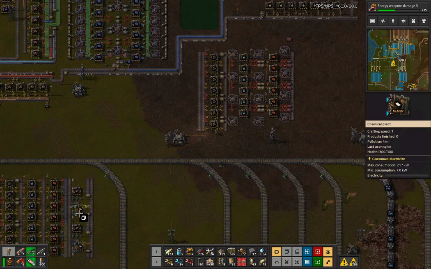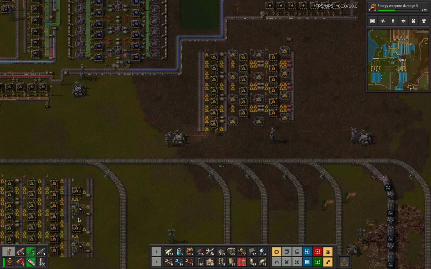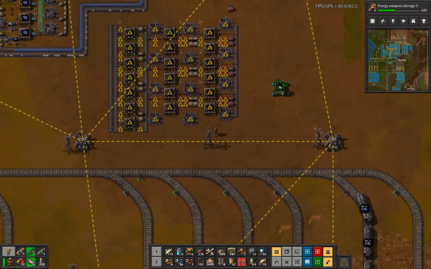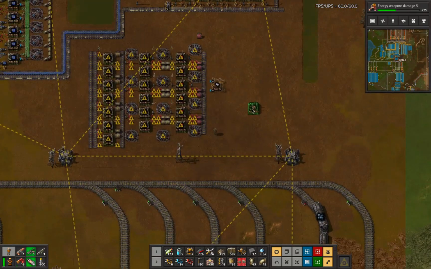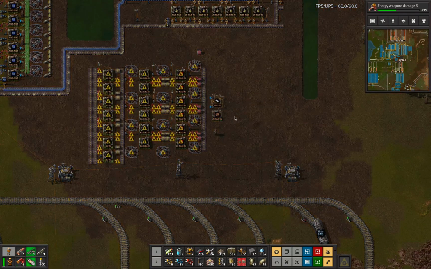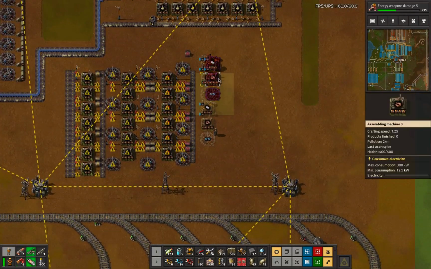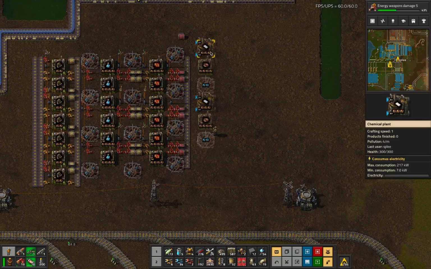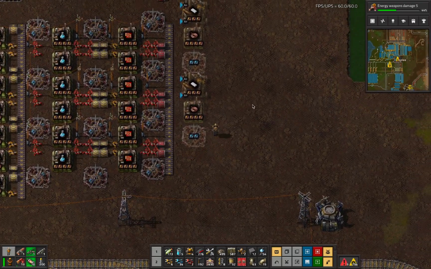So the thing is, because I can't fit a beacon in here, I'd like to have somehow, if I can figure out how, these two next to each other. Because if I do this, then I can have another beacon here, and then I can tile this or something. So this kind of compactness is the plan. The thing is, this won't work